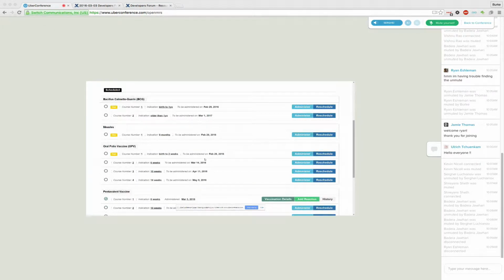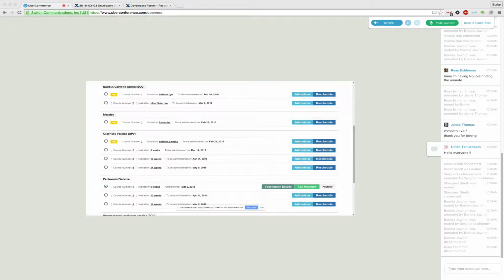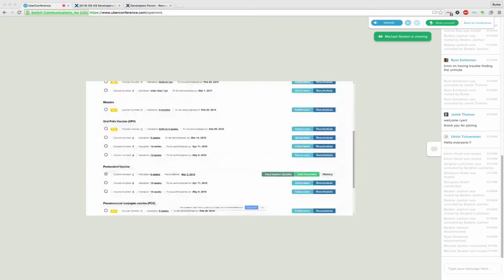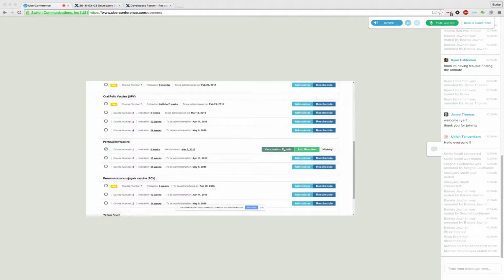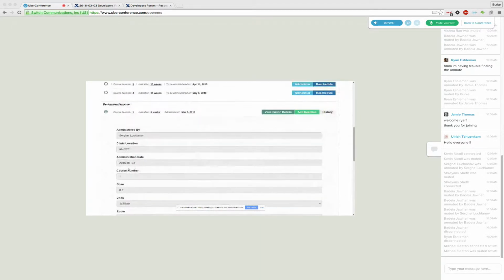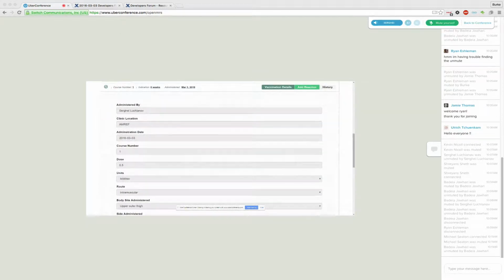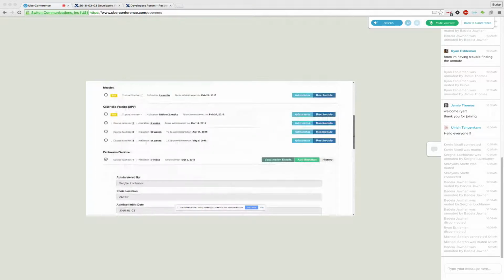Right here, I've already created one vaccination. I've administered it. It changes the whole row, and now you can actually add an adverse reaction to it. So this whole front end is in Angular, and you can see that I can't change stuff anymore. However, since I am an administrator and I have full privileges on the modules, I can go ahead and enable